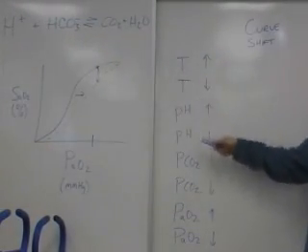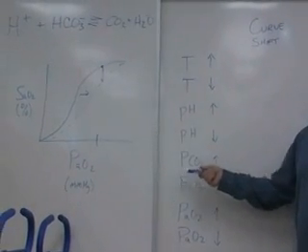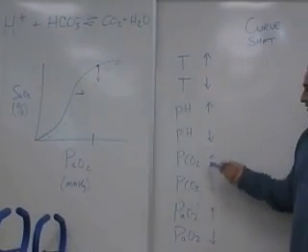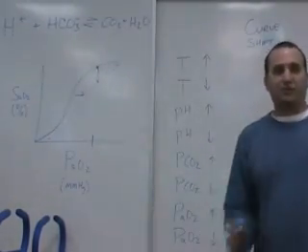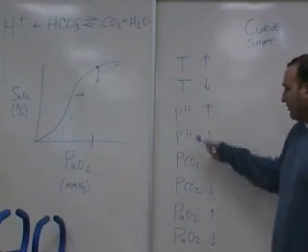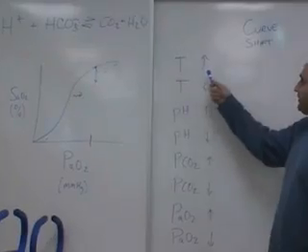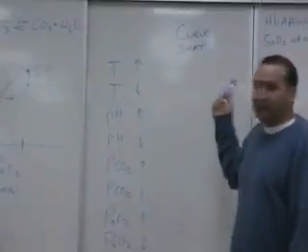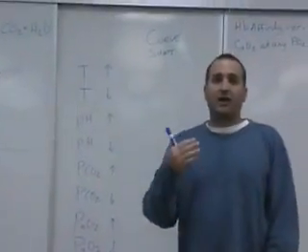Temperature, pH, PCO2. These are the three things that affect the shape of the curve. There are some others that, for this class, we don't need to worry about. For this class, the main ones I want you to focus on are these. Okay? So let's talk about what happens when temperature increases. Which way does the curve shift? We're going to fill in this table, and you can either memorize the table or you can try to reason